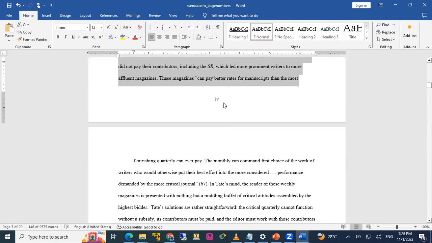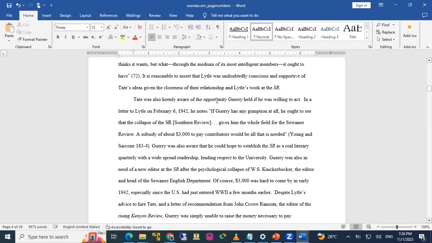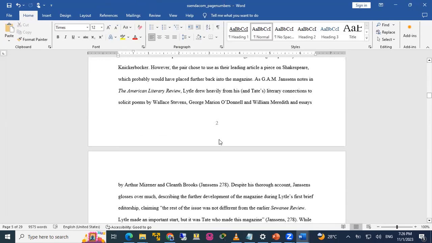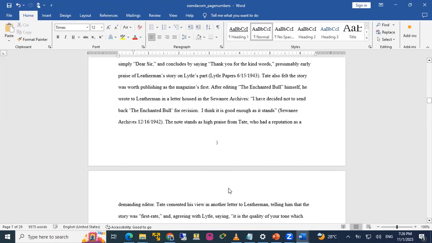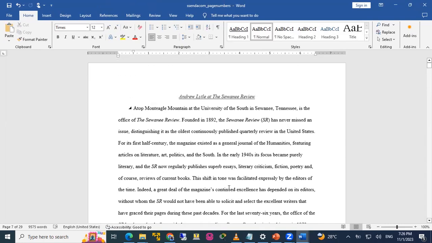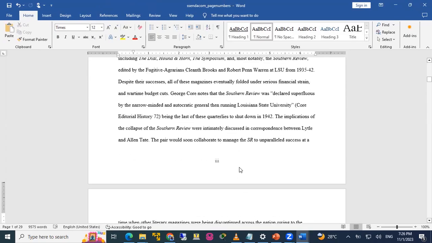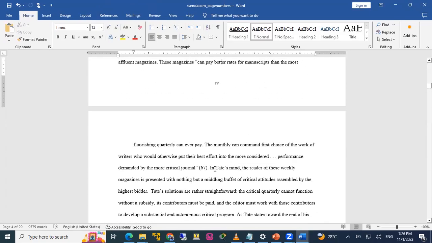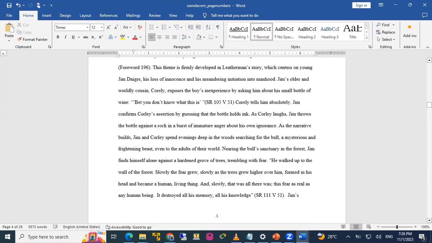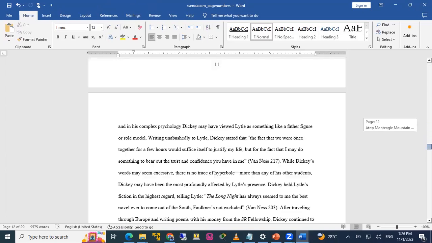Now when I come here, the first page, now I have IV. Then the next one becomes what? Number 1, number 2, number 3. So this is how we do the page numbering. We have different page numbers. We have from I to IV, and then we continue from 1 to the last number that you want. So when you're doing your thesis or dissertation, you can use this format to do your numbering.